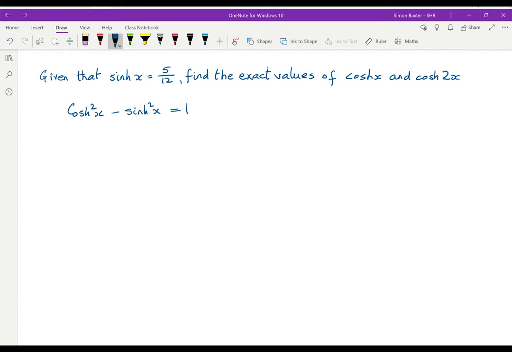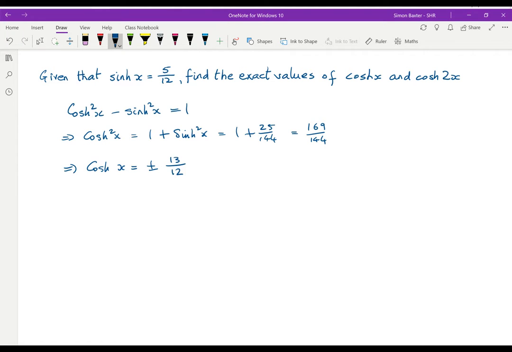And therefore, cos squared x is 1 plus sine squared x, which is 1 plus 25/144, which is 169/144. Square rooting, cos x is equal to plus or minus